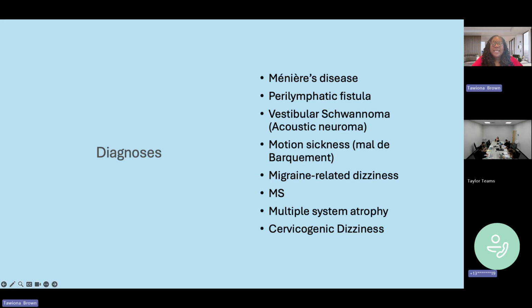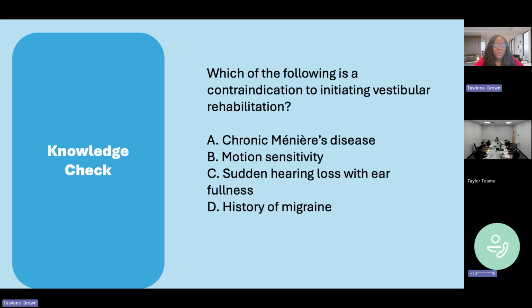And then the last one is a cervicogenic dizziness. And cervicogenic dizziness is something that happens when you have some type of neck trauma, which is why it's called cervicogenic. So you could have a patient that develops both TMJ, temporomandibular joint issues, as well as vestibular issues if they've been in a car accident and their head whipped front to back or left to right and they now have neck pain. So, oftentimes, when you are evaluating someone for vestibular issues, you definitely have to check the cervical spine to make sure that that's not the cause of their dizziness. Okay, so